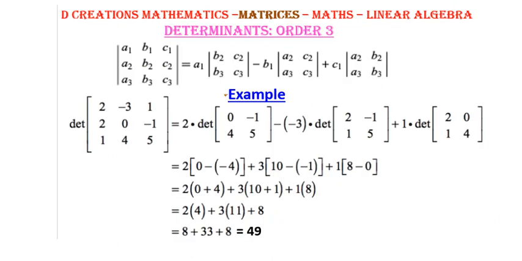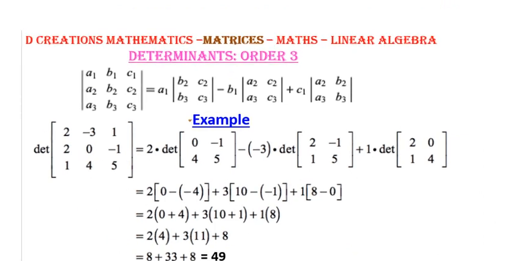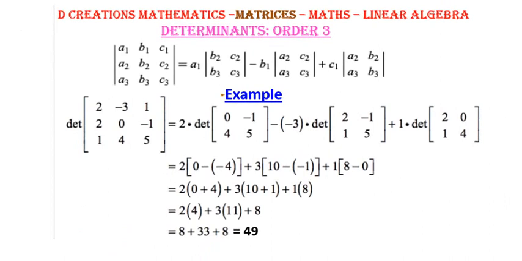So let us go here. The example is A1 B1 C1, A2 B2 C2, A3 B3 C3. Instead of that, we have some values here. Now here another notation is shown to you which you have already learned, but you should not get confused. Right now here you have the determinant symbol completely, and here there is matrix and det, that means determinant is written outside. It means one and the same thing. Okay, so hence both the notations are shown to you.